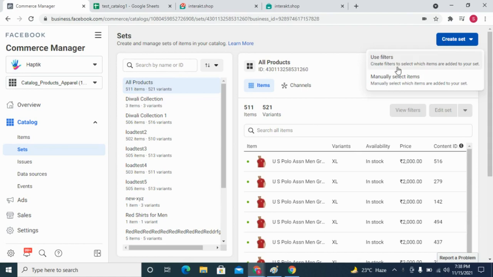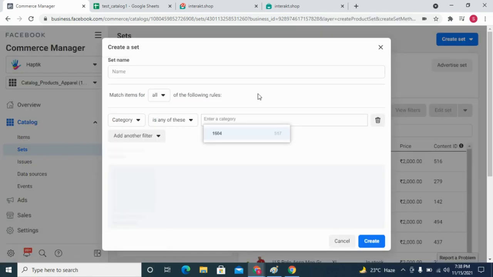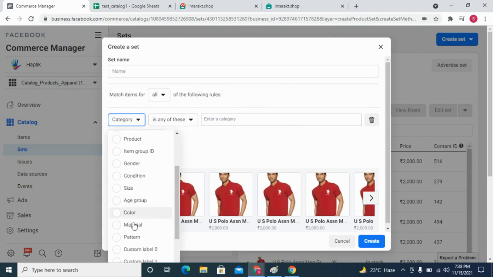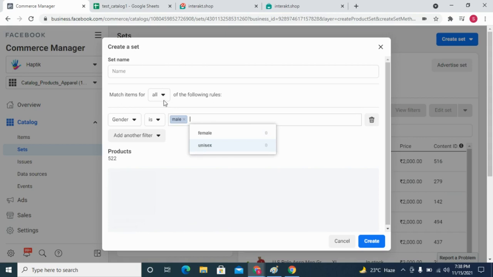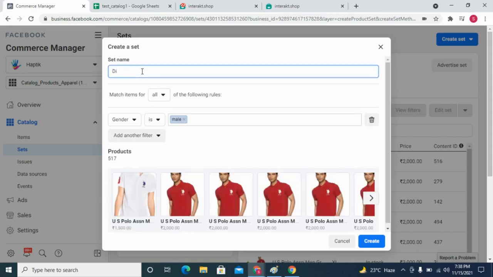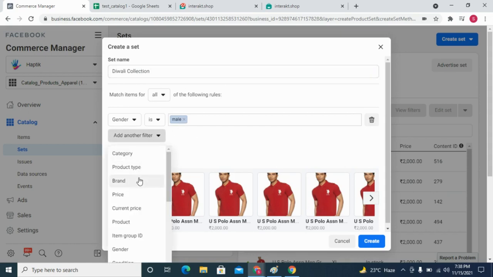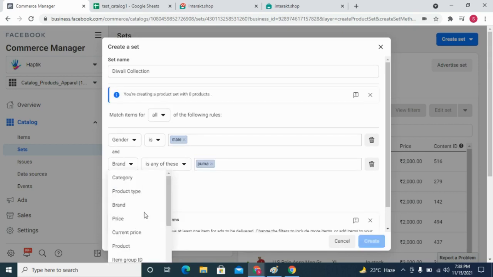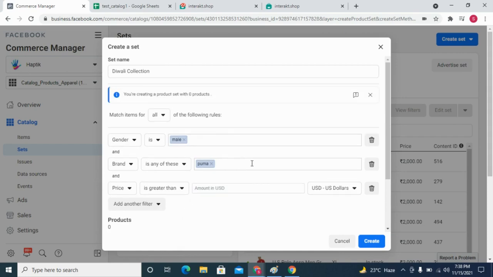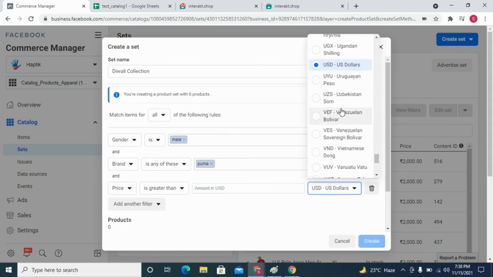Here you can create sets by defining some filters or by manually selecting items. If you choose to add filters, you can apply filters on any of these attributes here. Make sure you give the set name as something which your customers can see and understand, since these names will be sent to them in the product collections list message. The great thing about creating collections with filters is that whenever a new product gets added in your catalog and its attribute fulfills the filter conditions, the product will automatically be added to the collection.